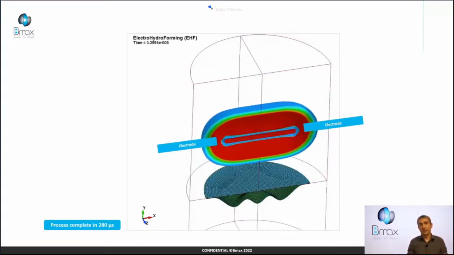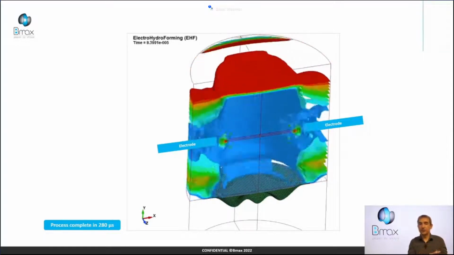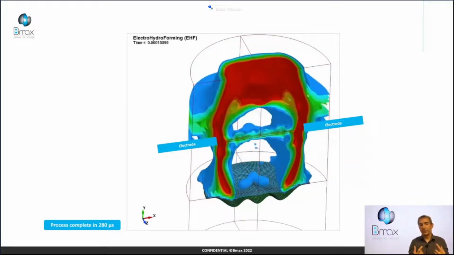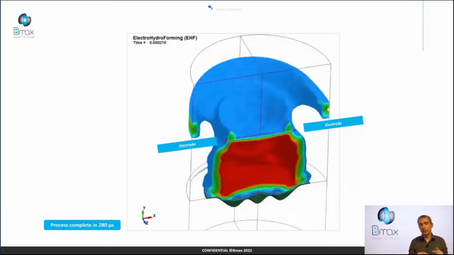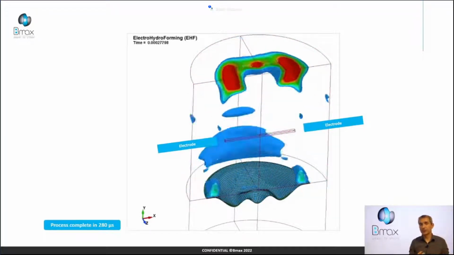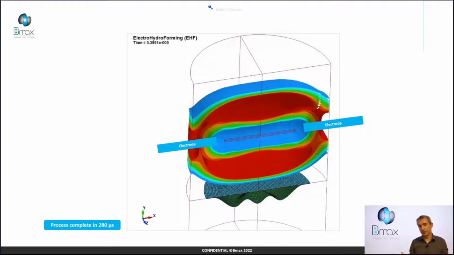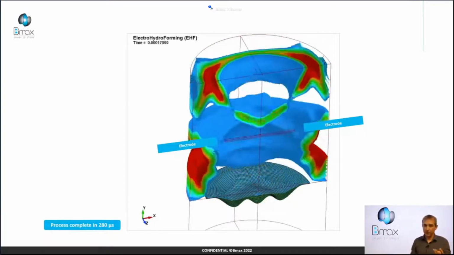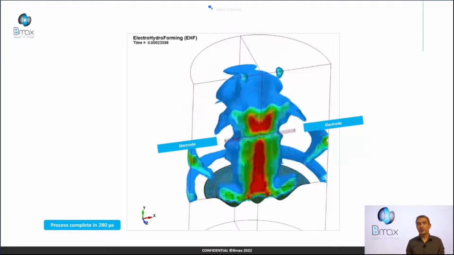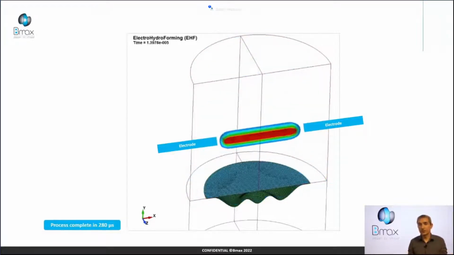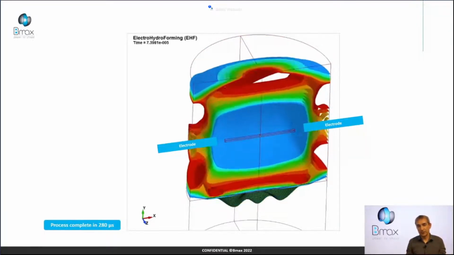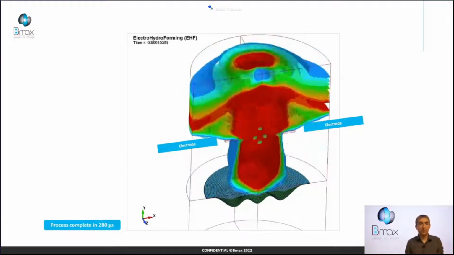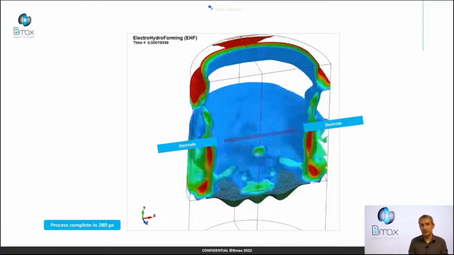As you can see, the incident wave creates an initial velocity on the blank. We have a first reflection from the sidewall, and we complete the forming with a combination of the top reflection and the second reflection from the sidewall. So it's one discharge and a three steps forming. Without simulation, it's not possible to imagine such a forming process. All the process is done in 280 microseconds.